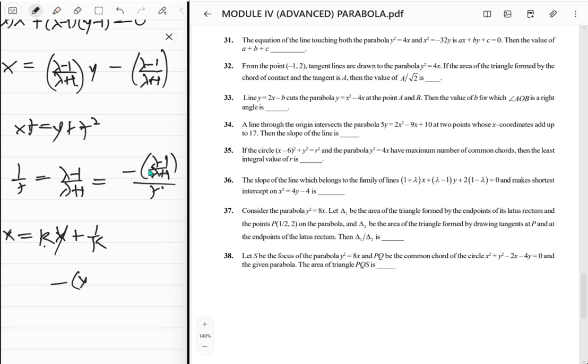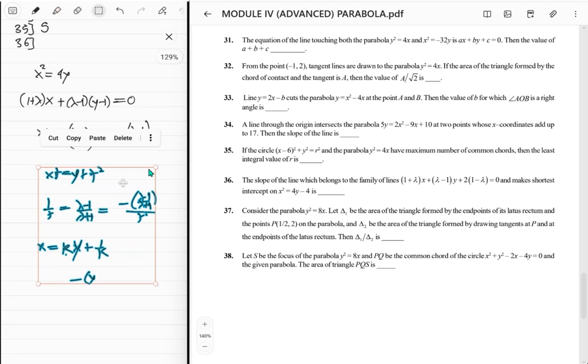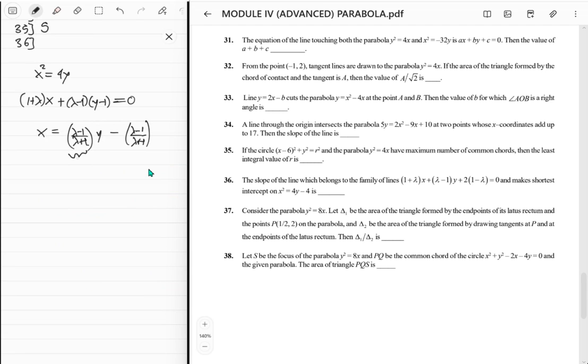I'm gonna graph this out first. Wait, you know what? We just say this thing is k. What's the range of k? I mean, this thing can be written as 1 minus 2 upon lambda plus 1, right? So the minimum value might be just 1. No, it can also go negative and everything, so it's okay. It actually goes from minus infinity to infinity. No big deal, right? So just call this thing k, and then you just got